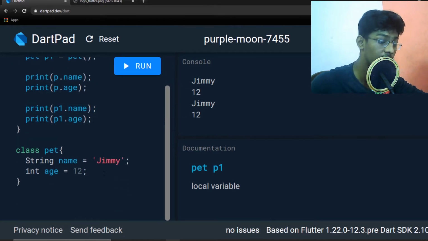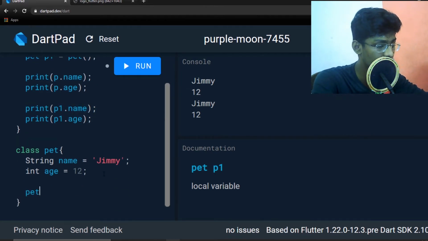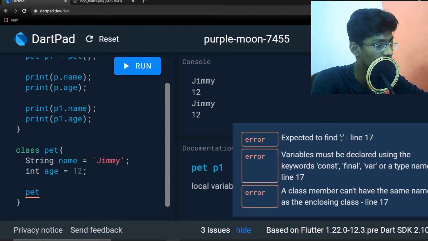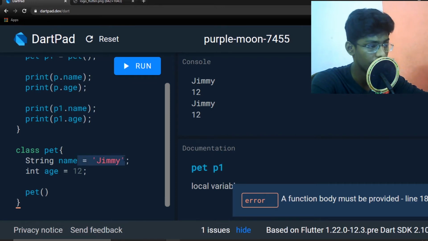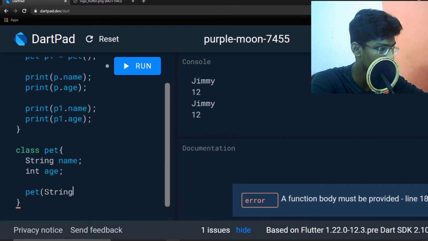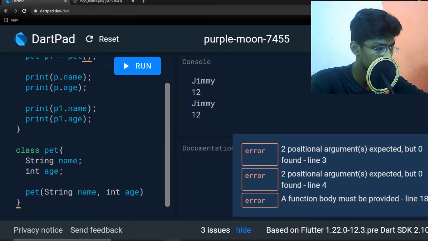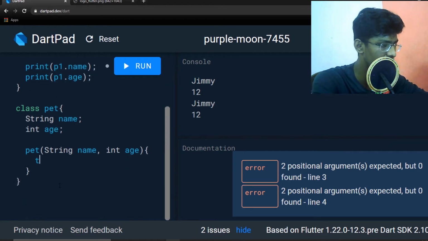To do that, I'll create another new function inside my class with the same name as my class. I'll call the function Pet, and inside it I will pass two arguments. I won't give any values to those variables now. I'll just define those variables: this function has two arguments, one is the string name, another one is the int age. Now I'll close it, and open a curly brace, and inside the body of my function I'll say this.name